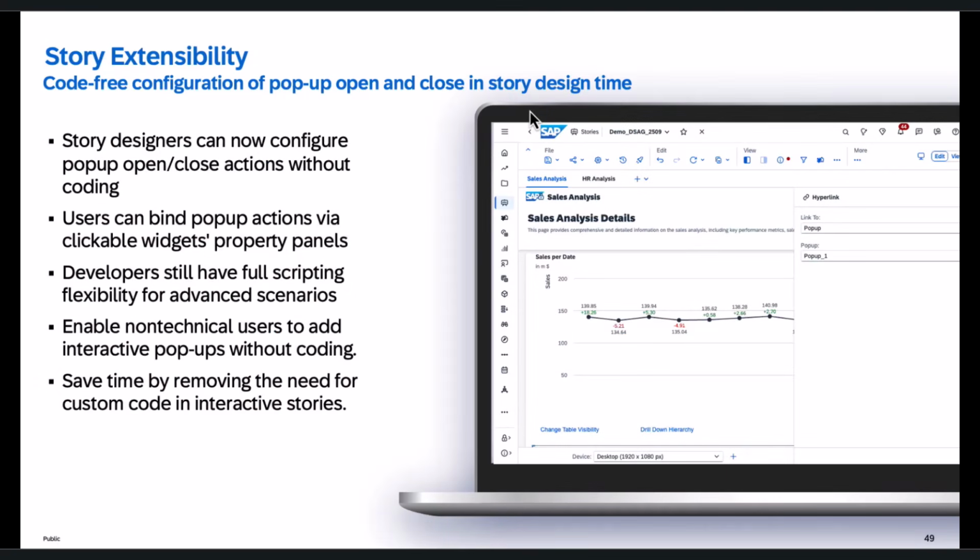Code-free configuration for open pop-up and close pop-up in story design time. Story designers now can configure pop-up open-close actions without coding. Users can bind pop-up actions via clickable widgets property panel, though developers still have the full scripting flexibility for advanced scenarios. This will enable non-technical users to add interactive pop-ups without code and save time by removing the need for custom